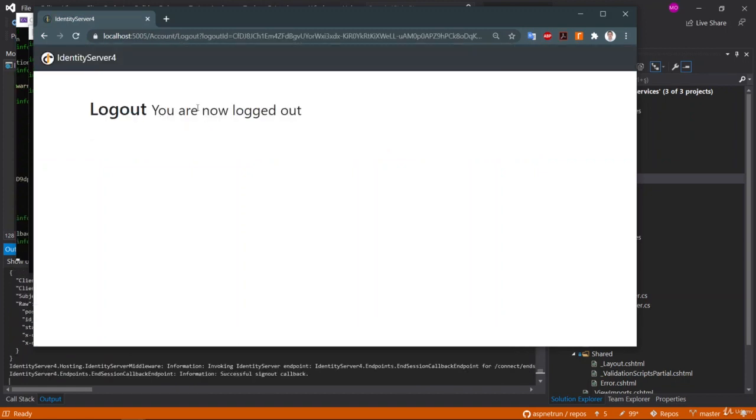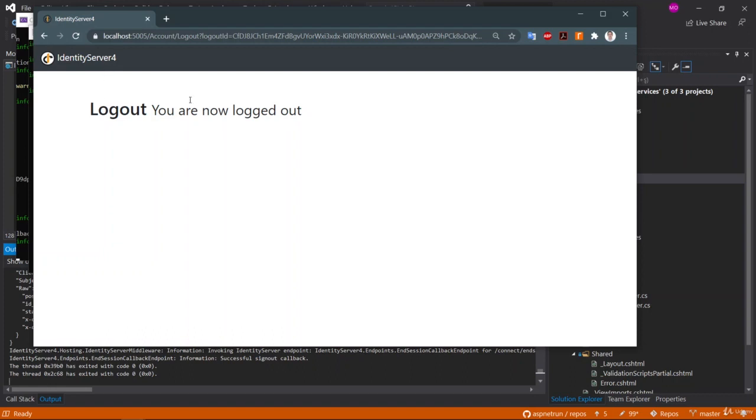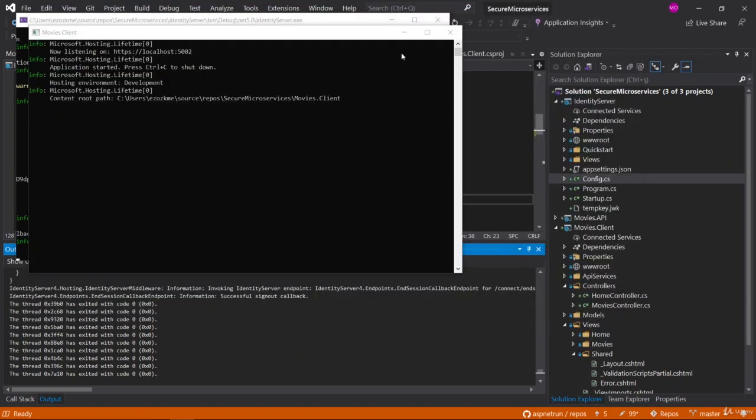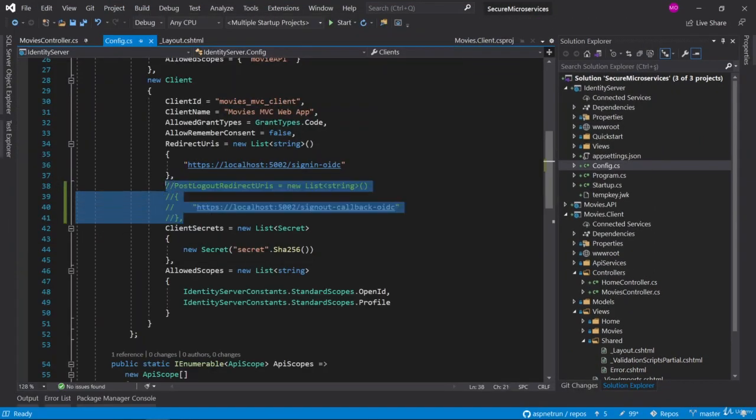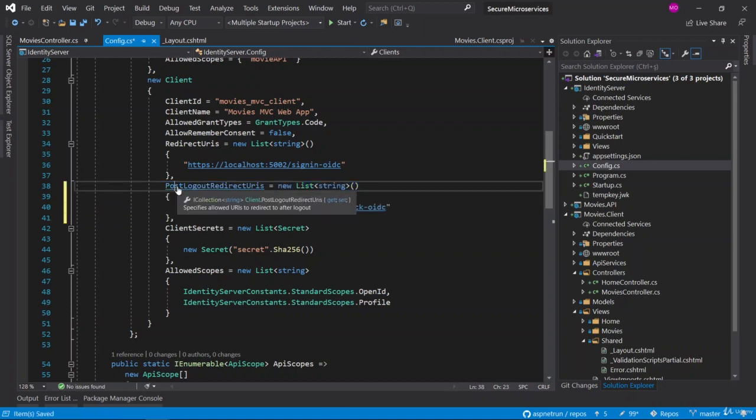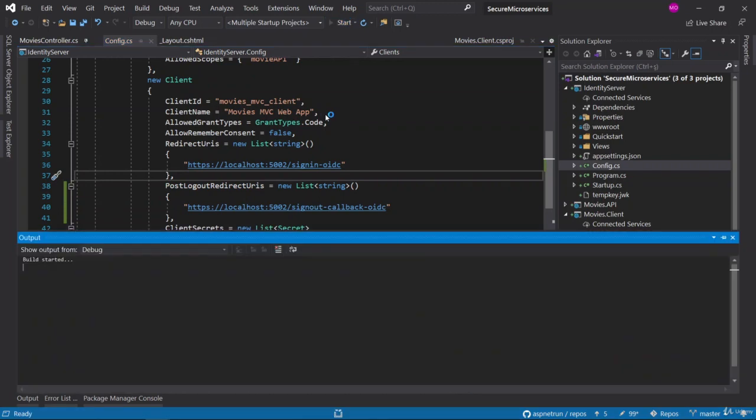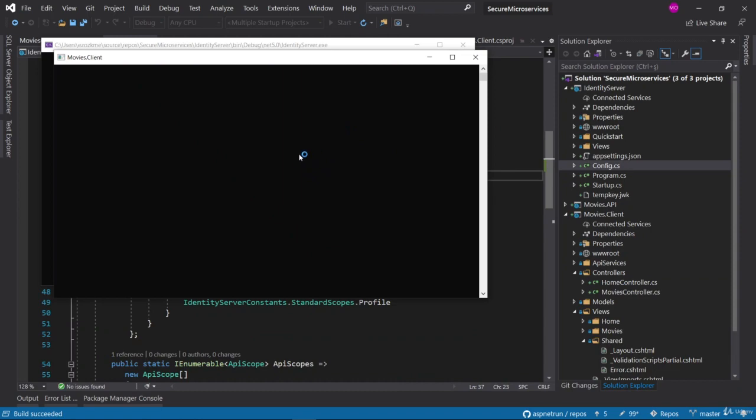Yes, as you can see, there is only a random logout page and we cannot return to our main page now. But it is not useful. It's not a real world application, right? So somehow we should redirect the user to the actual application. That's why it is not acceptable for us. So in order to redirect to the main application, we should uncomment this line of code. This line of code provides the redirect to the application. So let me run the application again and see how it redirects to the actual application.